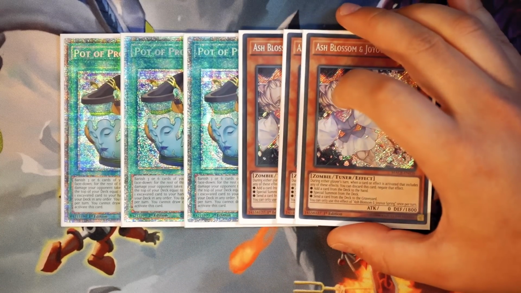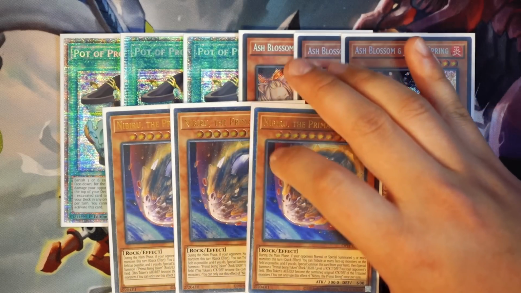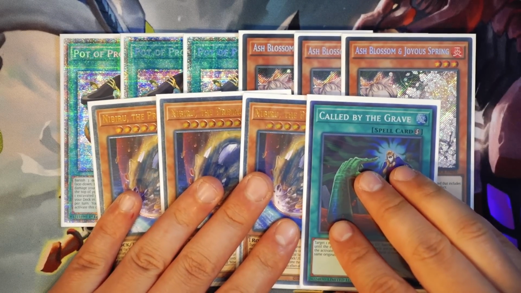Next, I'm playing triple copies of Ash Blossom. Just really good generic hand traps. I'm playing triple copies of Nibiru, really good against, obviously, Unchained. And last but not least, we're gonna play, of course, the one Call by the Grave, because sometimes,